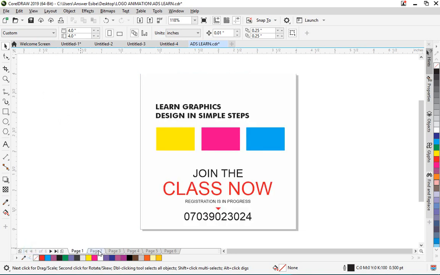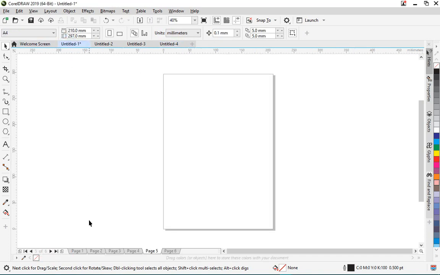So each of these tabs is called page tab, and they can be renamed. You will learn that. So I'm closing this, so we go back to what we were on. Alright, so after learning that, if you come to the right, you have